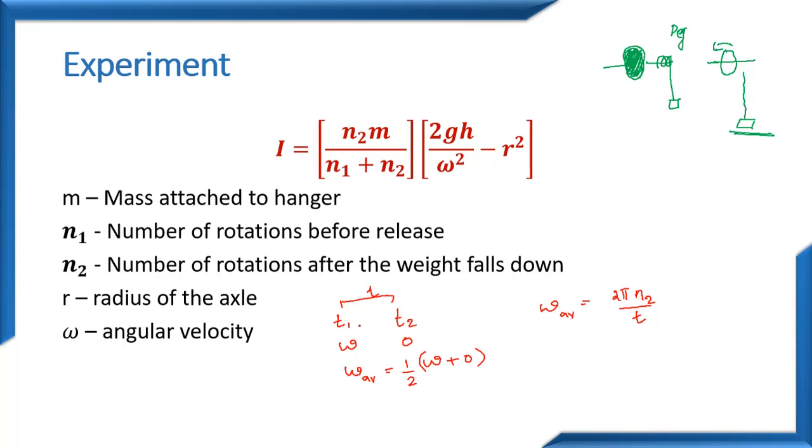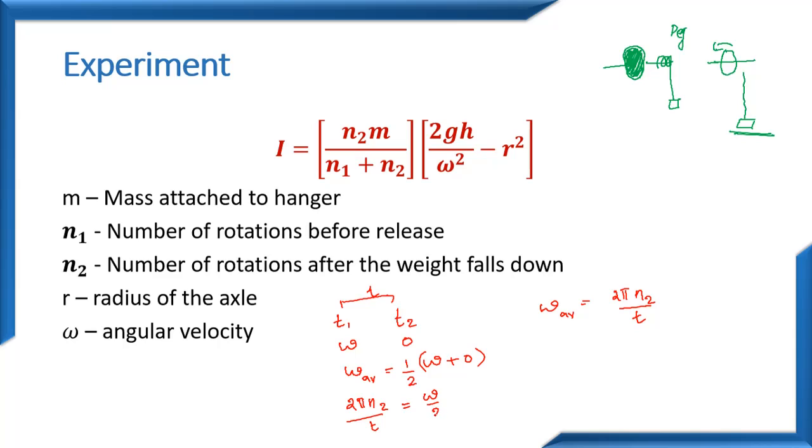Right? This is the time interval between t1 and t2. So omega average is actually 2 pi n2 by time. It is the velocity with which the body was rotating. So it is the number of times the body has rotated divided by the time taken for that rotation. So we have our average velocity equal to 2 pi n2 by t, and we can write it as